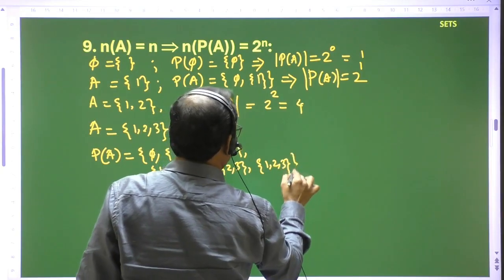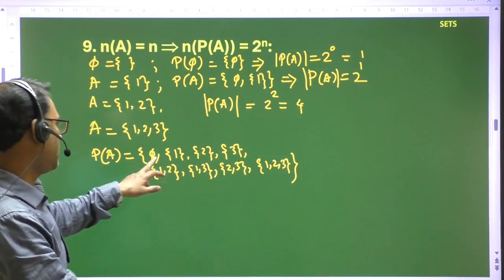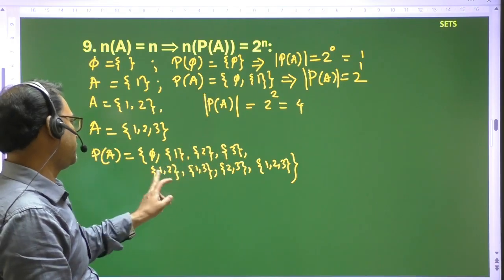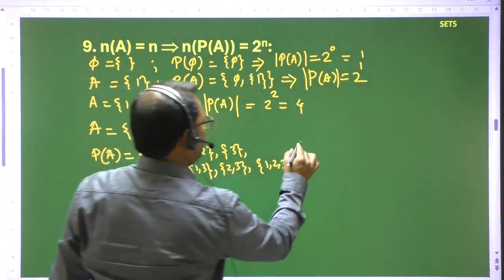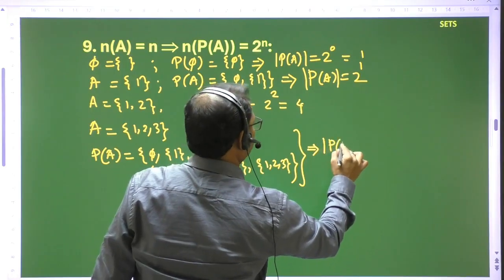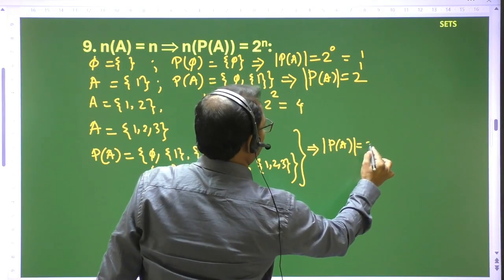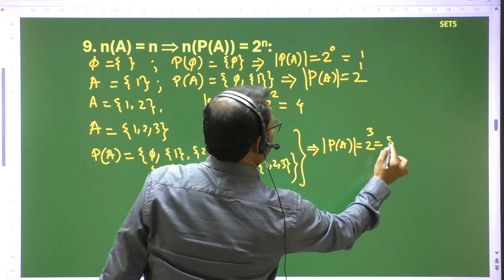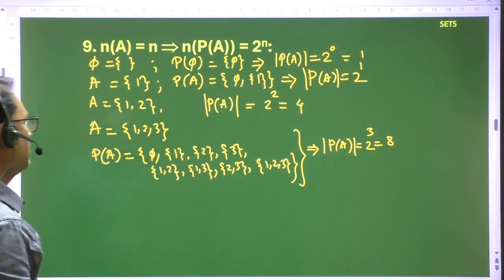So how many elements? Count it: 1 2 3 4 5 6 7 8. So the power set of A contains 2 to the power 3 elements, that is 8 elements. Okay, now